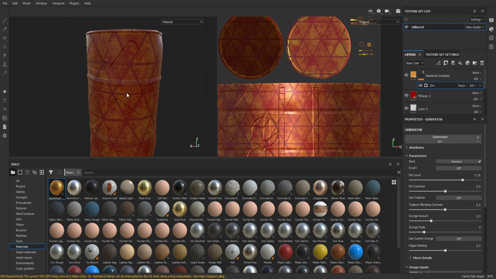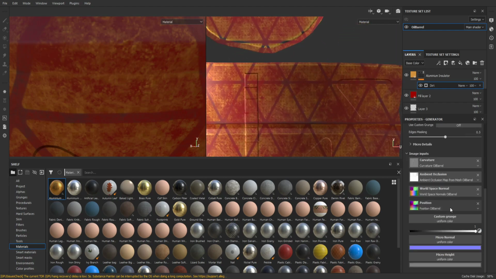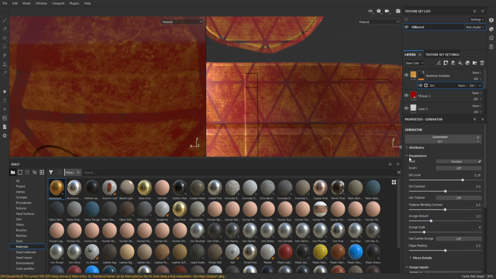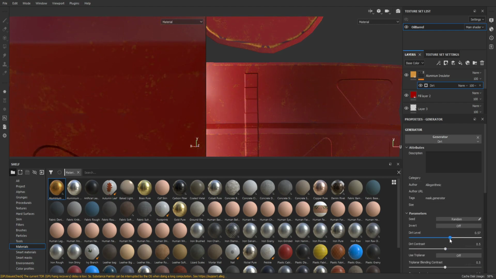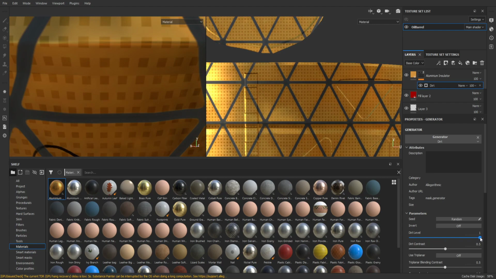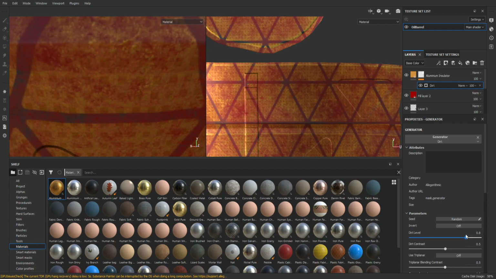And so you can see that it's created this kind of dirt effect. But right here, we have options for our dirt. We can change the dirt level. How much dirt do we want? And if you can see here, I'll just point it right here. It's really taking into consideration this curvature to get the different levels of dirt right here. We can alter the contrast